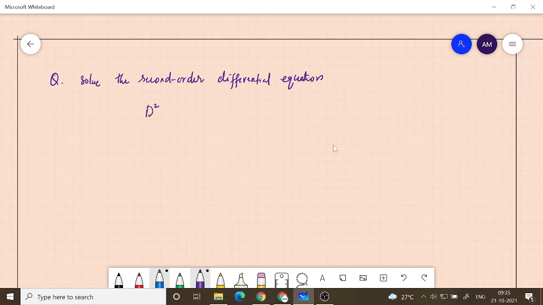That is given by D square plus 5D plus 6 operating on y of t. So D is d by dt, because y is a function of time. So y is the response of the system. It could be current, it could be voltage, etc. And then this is equal to D plus 1 operating on x of t. So here x of t is the input, y of t is the output, which is unknown.